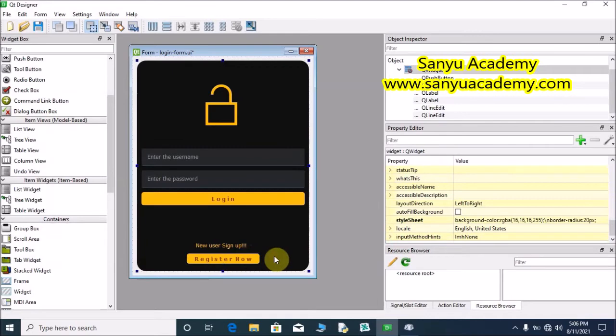Place like this. Now save the form. We have to create one more form for registration.